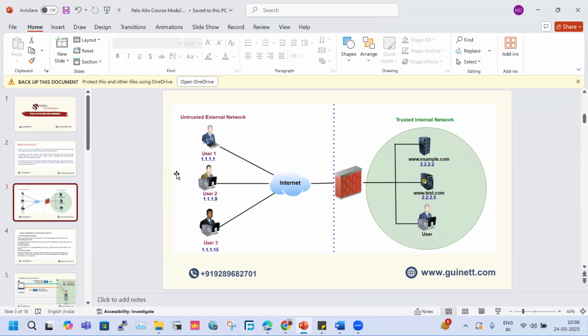But in the case of your stateful firewall, stateful firewalls maintain a session table for every connection, right? What does it contain in its session table? It contains source IP, destination IP, source port, destination port, and the application details, right? It maintains that session table, and you will have to define only one security policy to allow your traffic from LAN to WAN. Then on your WAN side, when the reply comes, that reply will be received through that security policy, right?